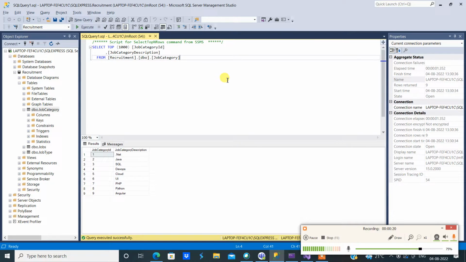Yeah. So for now, I have created a table called job category, and I have two fields: job category ID and description, with job category ID as the primary key, right? Now, coming to Visual Studio,